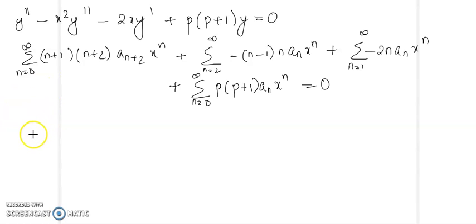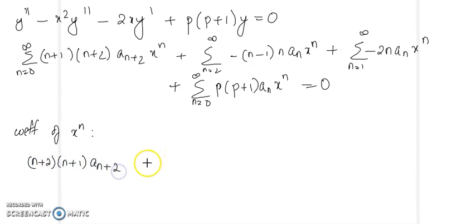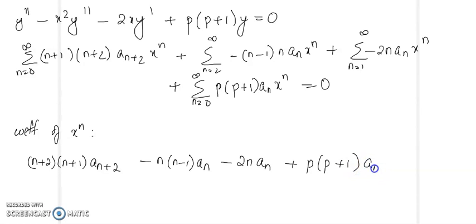So when you take the coefficient of x raised to n on both sides, that must be equal to 0 on the right side. So when you take the coefficient of x raised to n, we will get (n+2)(n+1) a_{n+2} - n(n-1) a_n - 2n a_n + p(p+1) a_n = 0. So this will give us a recurrence relation which is involving a_n and a_{n+2}. So we will get a_{n+2} equal to